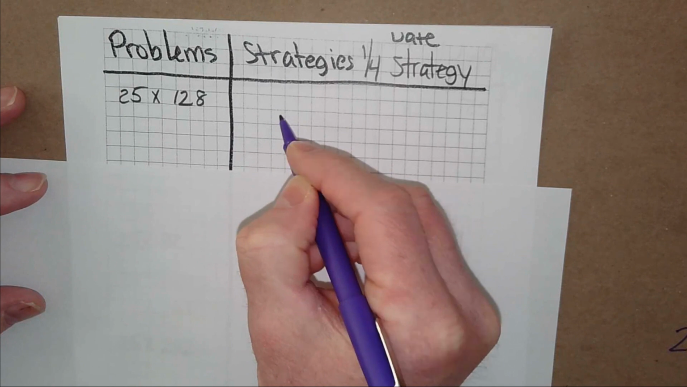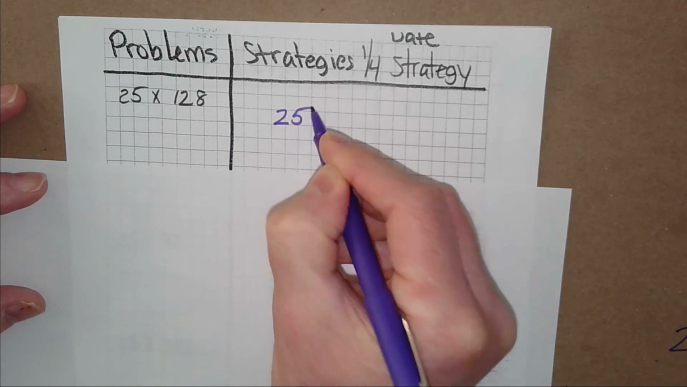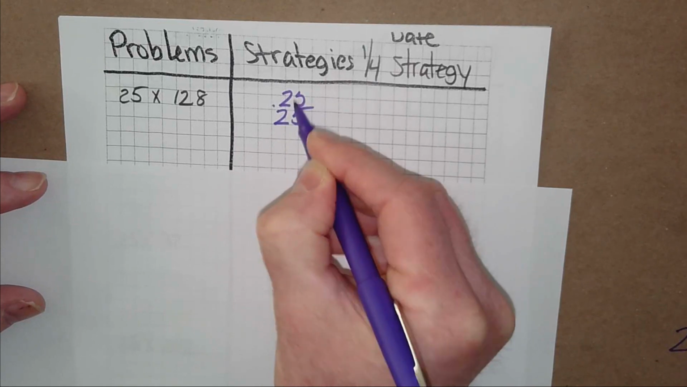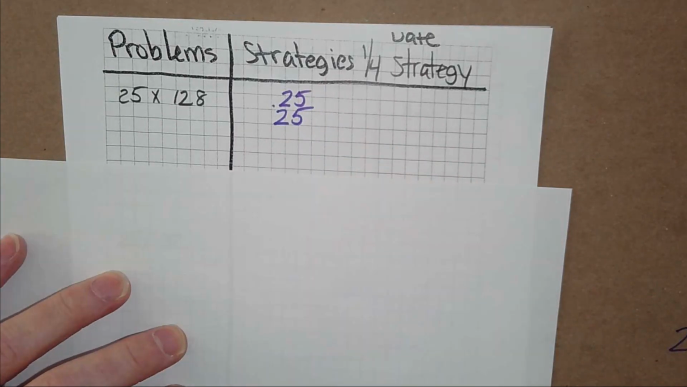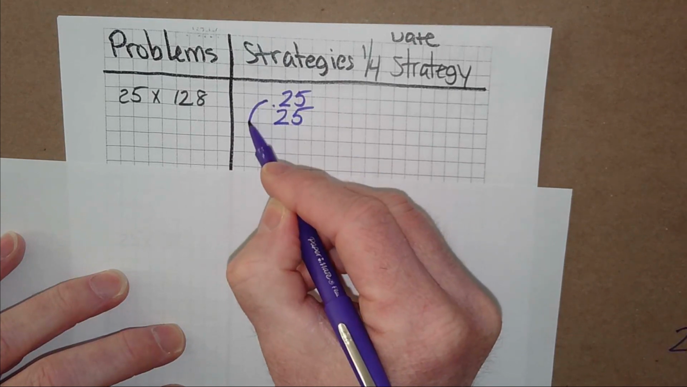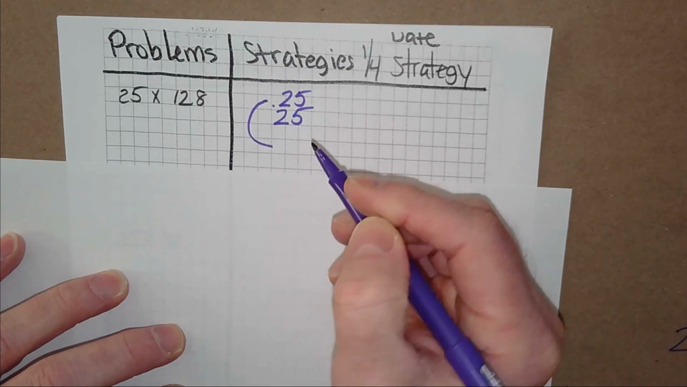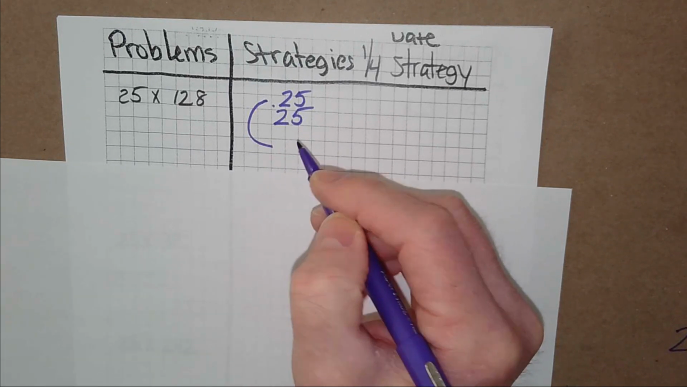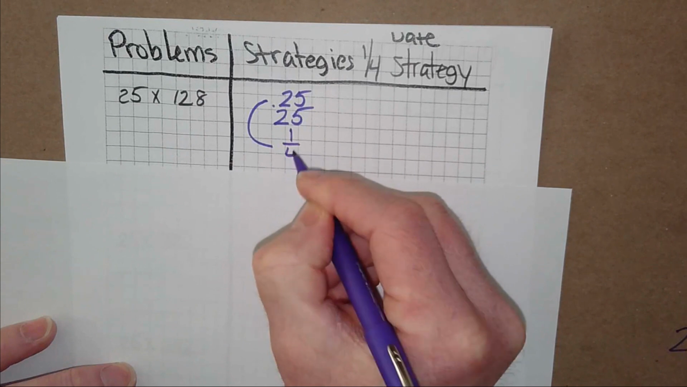25, the whole number, is similar to 25 hundredths. It's the same number, but it's a fraction of a whole. And the decimal, 25 hundredths, is equal to what fraction? 25 hundredths is what fraction? 1/4. So when you multiply a number